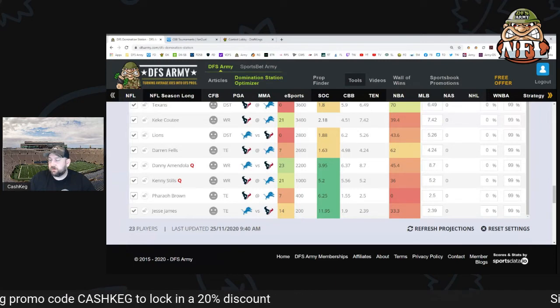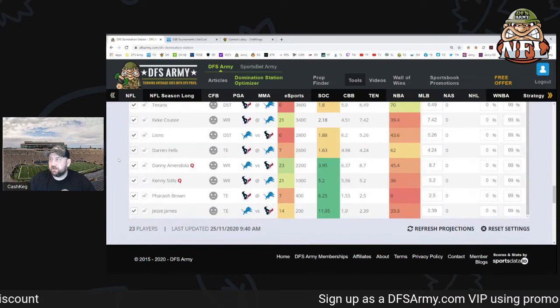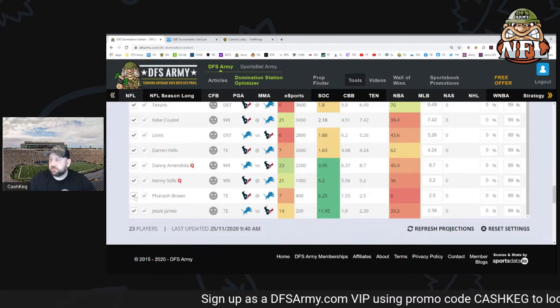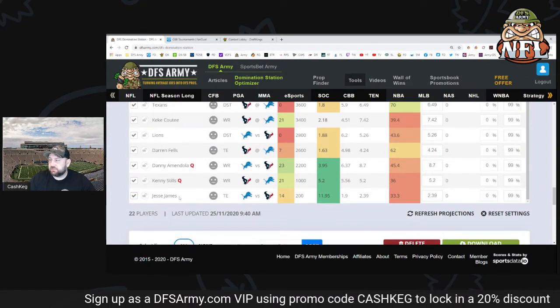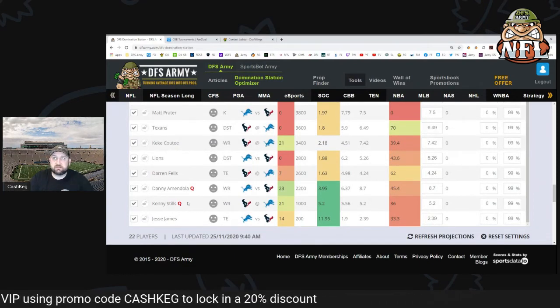Pharaoh Brown at 400. Again, weirder things could happen, but I would rather not do this. I'd rather take a chance on Jesse James than I would him. And like I said, Kenny Stills at 1,000. If Kenny Stills suits up,